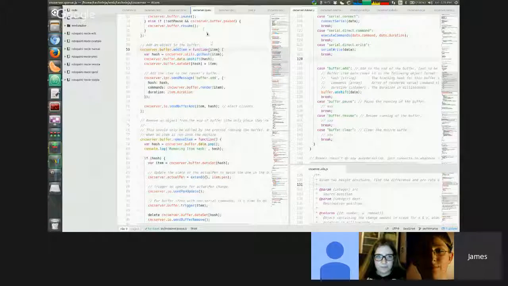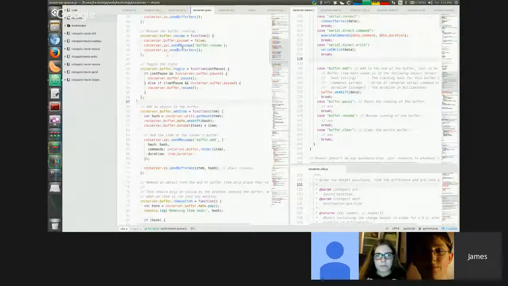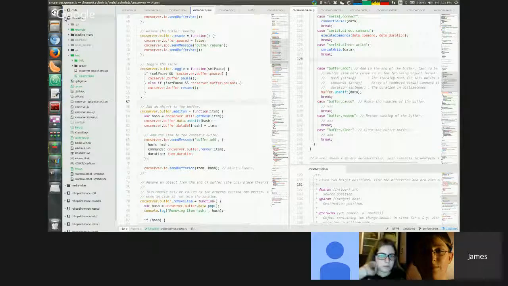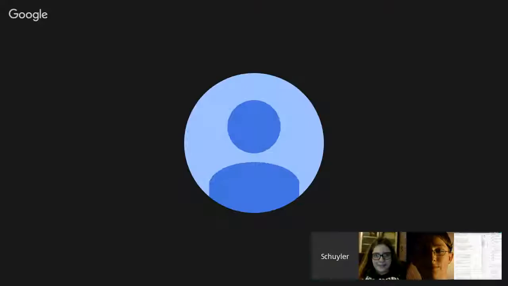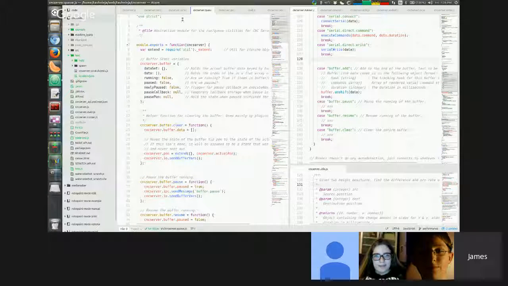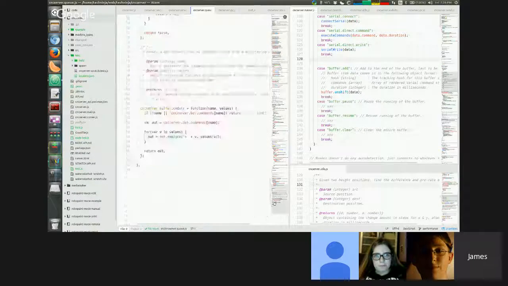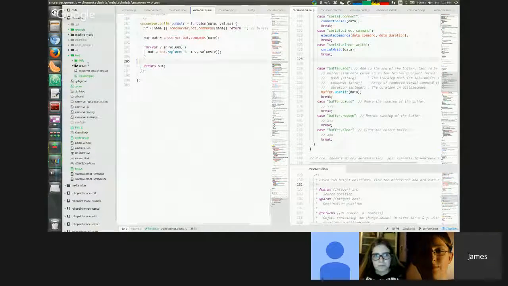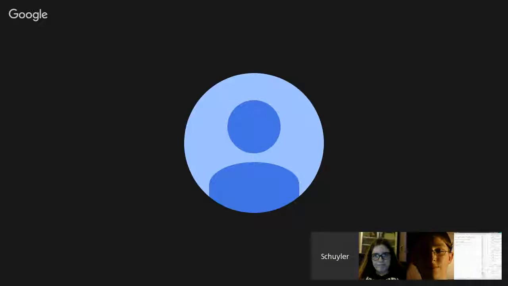So here is Atom that I have for code. I'm currently knee deep in breaking up CNC Server. This was one gigantic file, and I have since broken it up into a whole bunch of other files. They're not really all that big. All the Q stuff is only 300 lines. Oh, nice. Yeah, it's great.